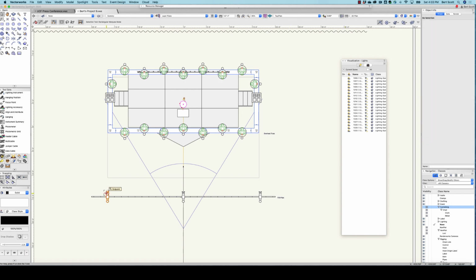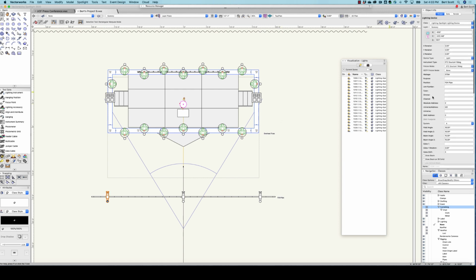All right, so we're going to select a light, and then over in Object Info, we're going to give it a channel. So this one's going to be channel 1. This is going to be very simple. This is going to be channel 2. Oops, 2. This one's going to be channel 3. I'm going to make this 101, 102, 103, 104, 105,